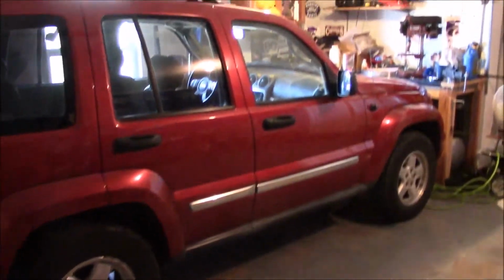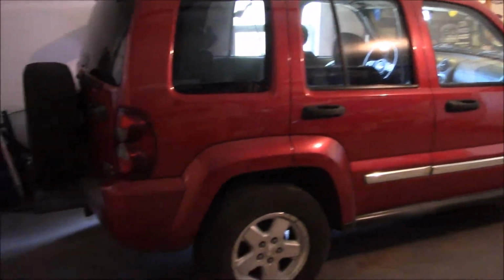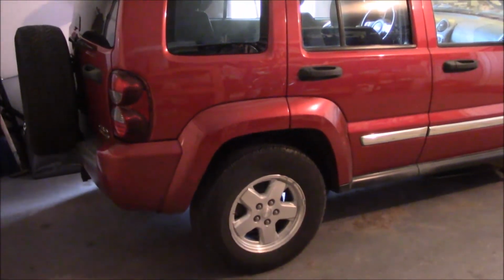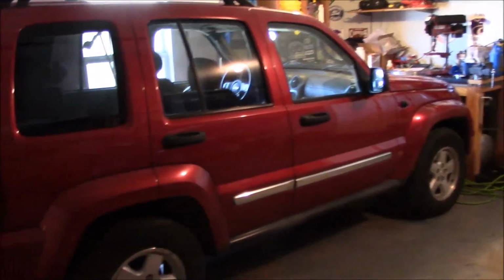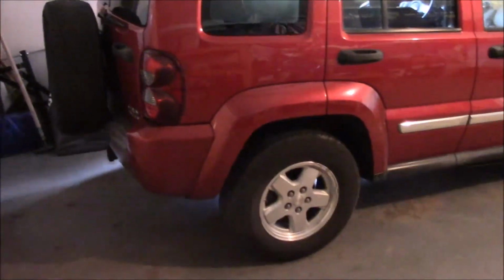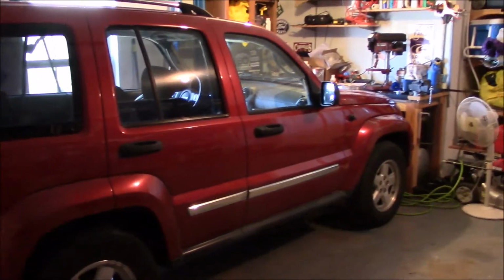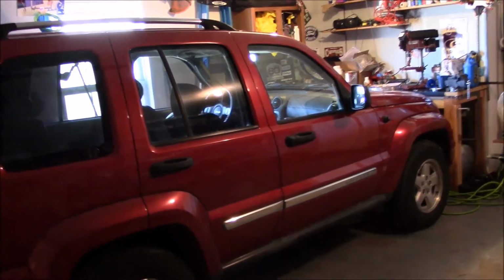But I lucked out, and the guy I bought it from was the diesel mechanic for Agco company, Heston, in Heston, Kansas. They make swathers and things like that, but I think they manufacture some other Agco products down there too, so maybe some of their Gleaner combines, things like that. But the guy was an actual diesel technician for Agco tractor company, and so